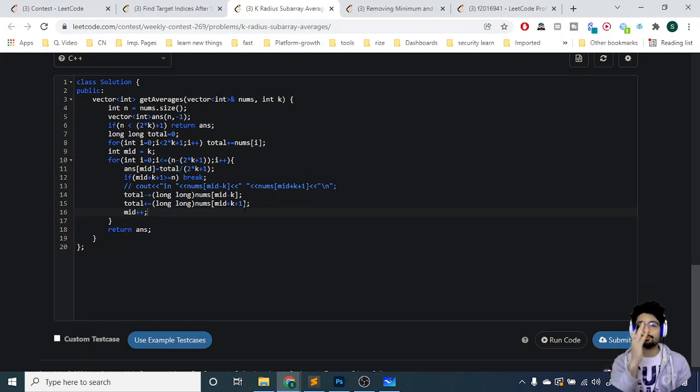And then I also have to move my mid, because the window is shifted, but my mid is the same. So I have to also shift my mid, because mid means I'm shifted to the new window. And that is how you can just print out all the mids in this answer vector. So it's nothing much. It's just a sliding window technique with a total window length of 2k plus 1. Nothing else. Just a very simple problem.